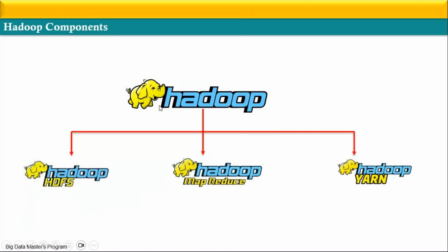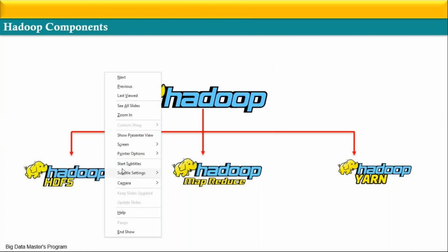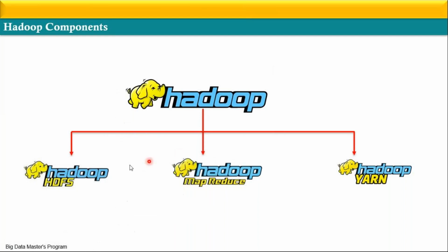So probably you all are able to recall that Hadoop has three main components. Hadoop HDFS, that is Hadoop Distributed File System. Second one is MapReduce, that is the combination of two things, mapper and reducer. And third one is YARN, that is Yet Another Resource Navigator. So we were having two problems with big data. We were not able to store and we were not able to process. If we talk about the white papers published by Google in 2003,